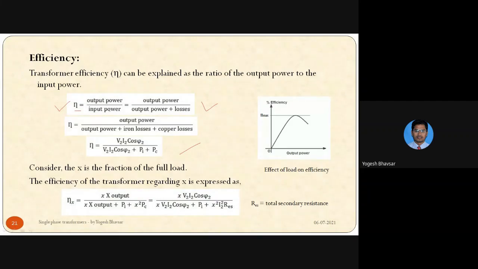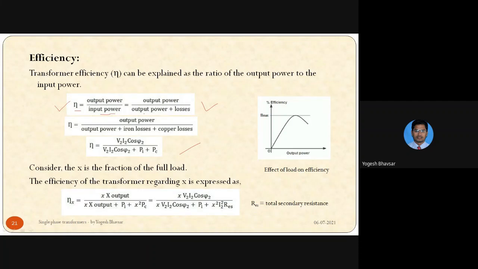So we can represent this efficiency in terms of the losses. So we have output divided by output plus losses. What is input? Input is equal to output plus losses. Remember this. And what is output? Input minus losses. Remember this. If we subtract losses from input, what do we get? Output. Right. If we add losses to output, what do we get? Input. So this is the rearrangement.